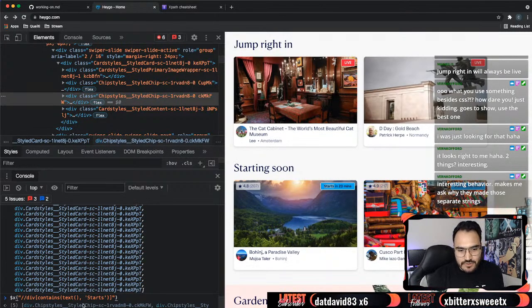Interesting behavior, says Vern. Makes me ask why they made those things separate. Yeah, I'm not sure. It might be something that React is doing. It might be something that they did intentionally. I don't know. But it is making it so then we can't just grab this element. Because I'm curious, if we grab the